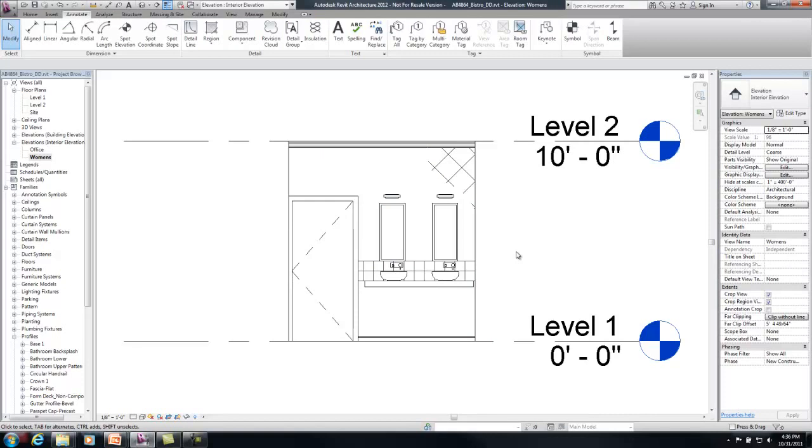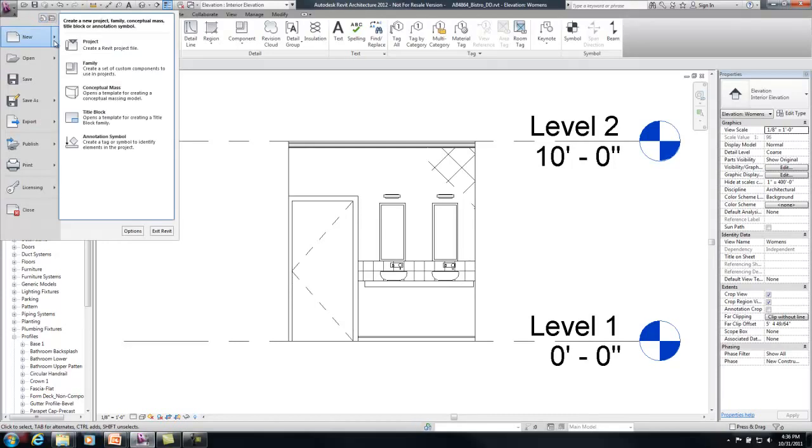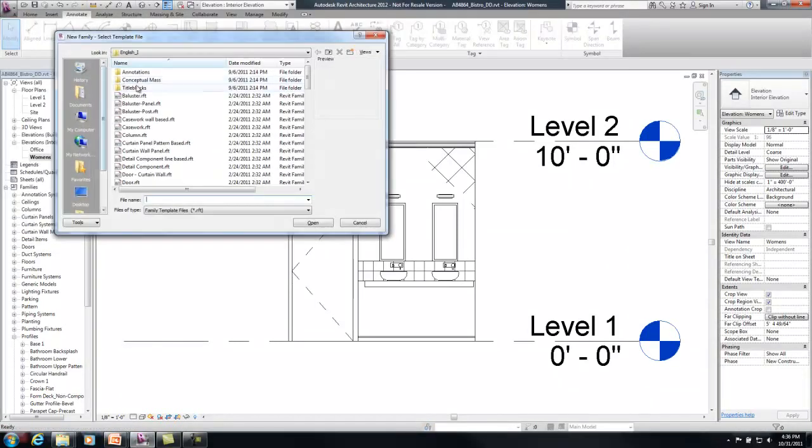You also may want to create some wall sweeps that you can place individually. So it doesn't matter what type of wall it is, you can place it on the face. So let's talk about how to create an actual material that would go up here in the top of the wall area. To create this one, the first thing that I'm going to need to do is create a custom profile. To create a custom profile, I will go to my application menu, choose New, Family, and then browse till I find the profile hosted template. Once I find the profile hosted template, I will open it